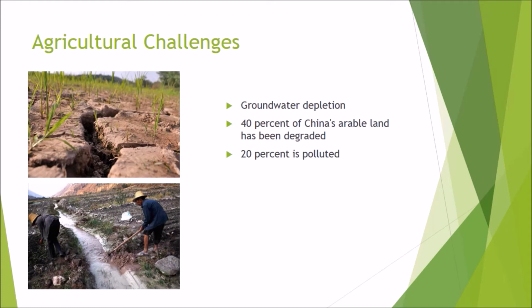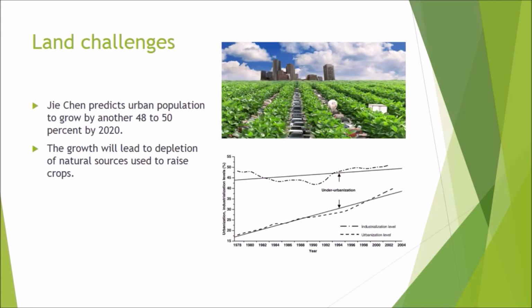Groundwater depletion in the key production areas of the north is a real concern, so major efforts are underway to try and divert water supply from the south to the north. Significant portions of China's water surface is also polluted for irrigation use on crops. 40% of China's arable land has been degraded by some combination of erosion, salination, or acidification, and nearly 20% is polluted. Additionally, researcher Jai Chen predicts urban population to grow by another 48 to 50% by the end of this